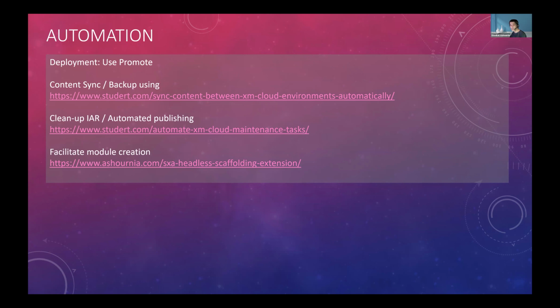The issue is that when you do an update on these items and deploy it, items will be read from the database and not from the IAR item that you have deployed, because the database always has the higher priority.